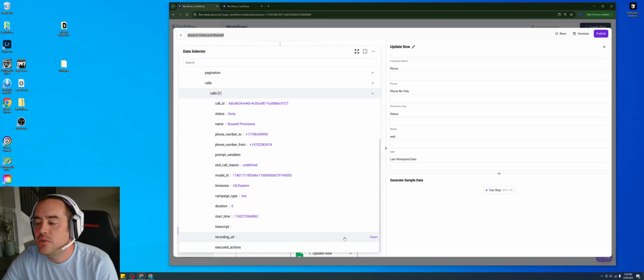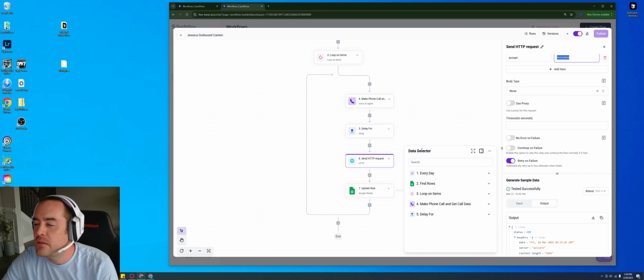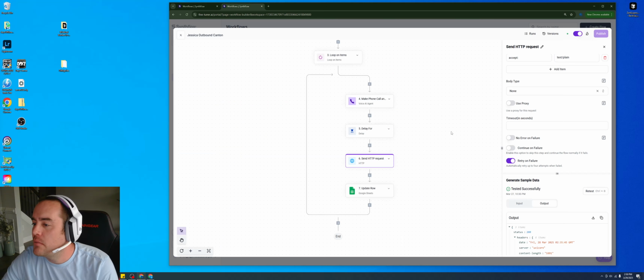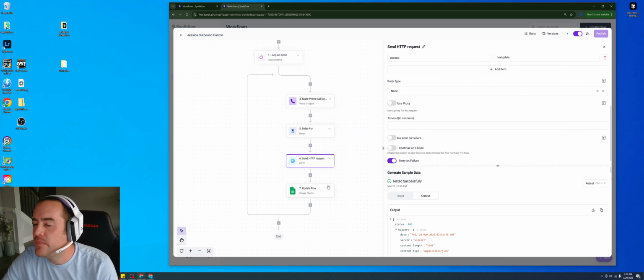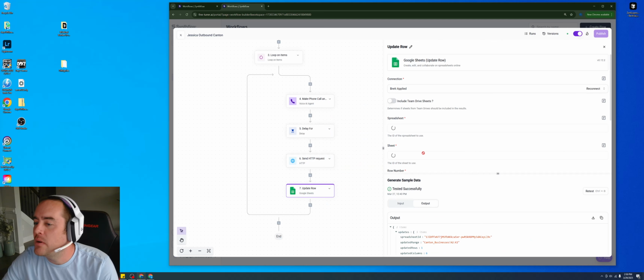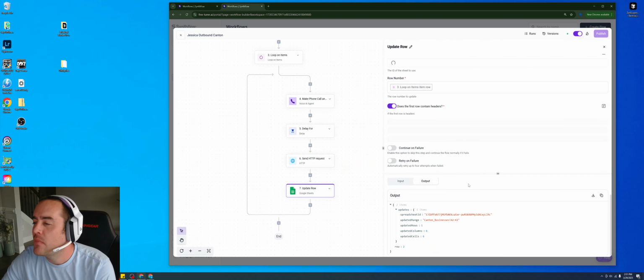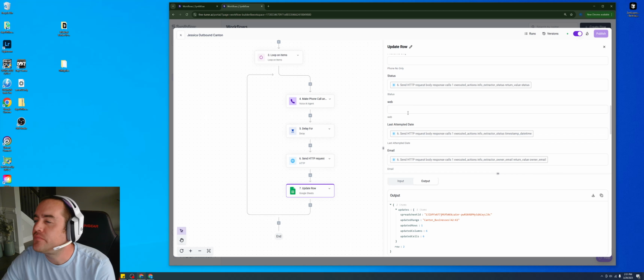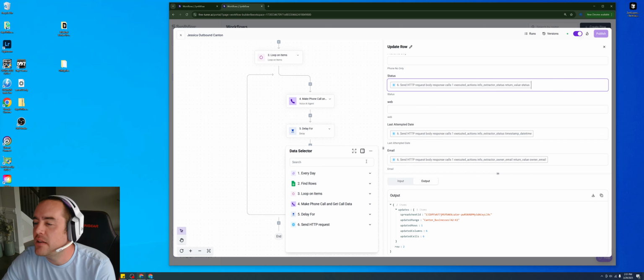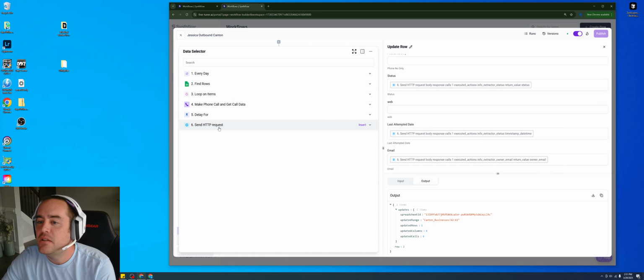So what you would do here is expand executed actions and find the fields, and I'll show what that looks like in this other workflow that's been running for a while, so it has the required data. So in the update rows section, it's going to load. Okay, and now we're going to look for status. If we want to update the status, we would go back to the HTTP request. Again, we're updating a row in a spreadsheet called status. We'll get the call